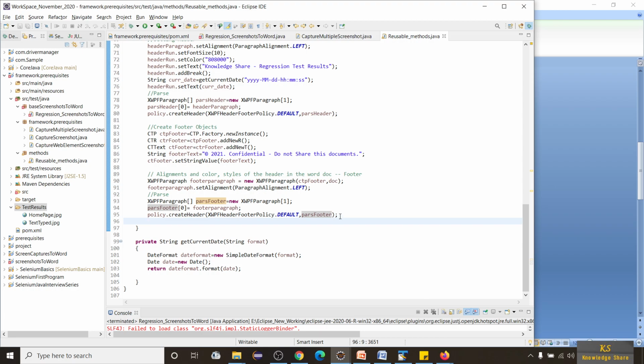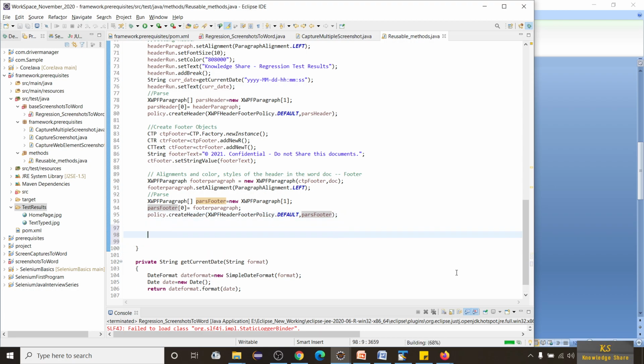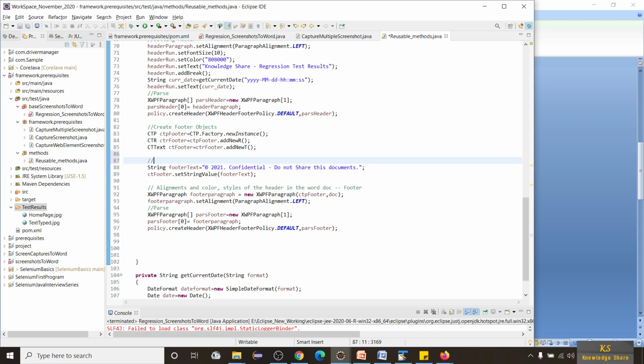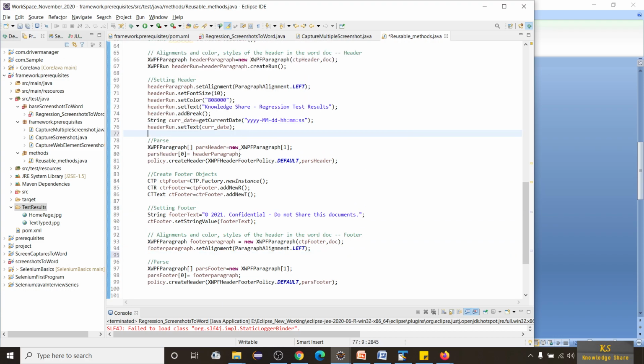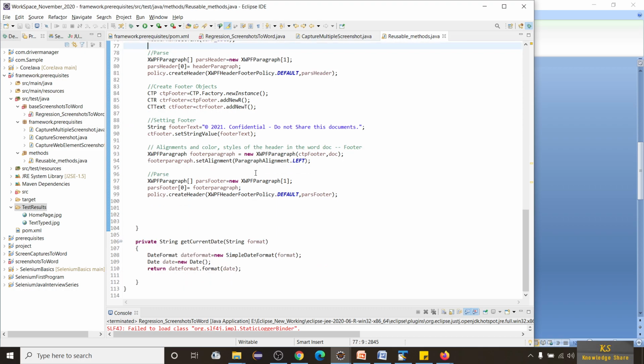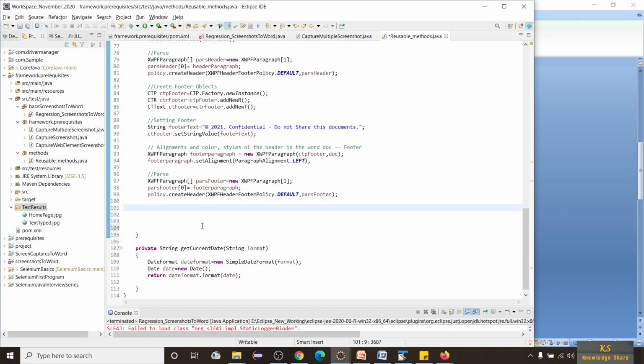Okay, now we are done with setting the header and setting the footer. So where is this thing, right? I'm putting here setting footer. Okay, so this is for alignment. I'm dividing into blocks so that you can understand it very easily when you see the code. Now we have everything, and now we can put some things as well, like all alignments.